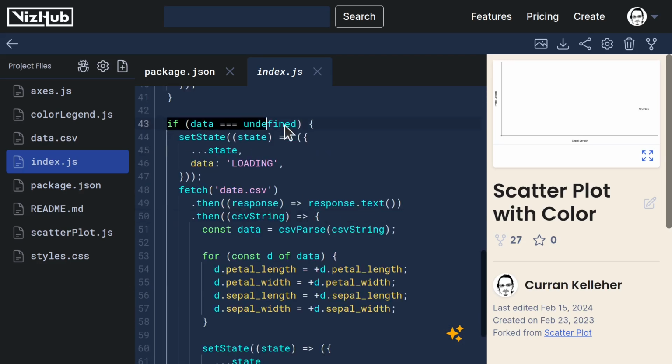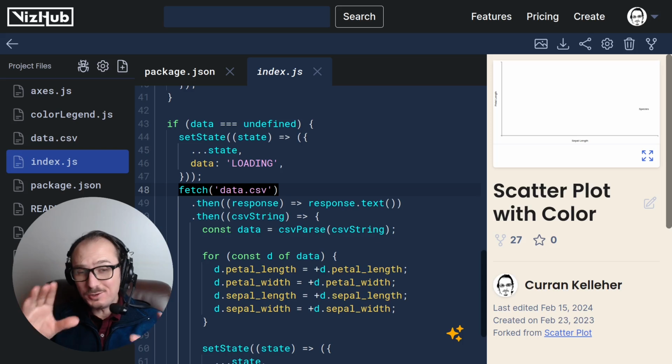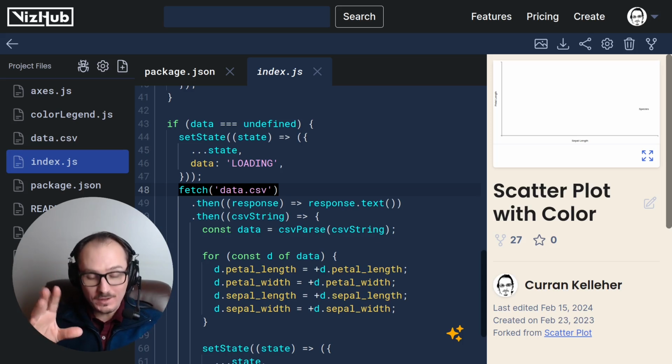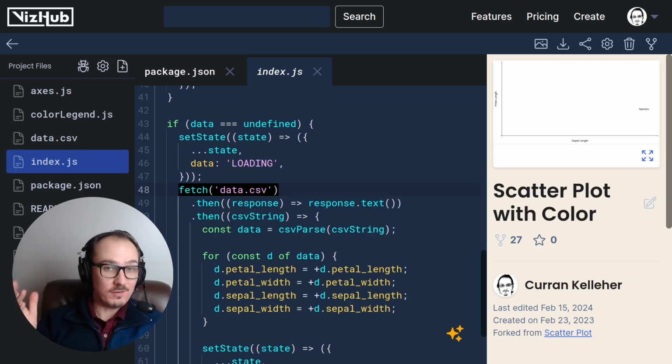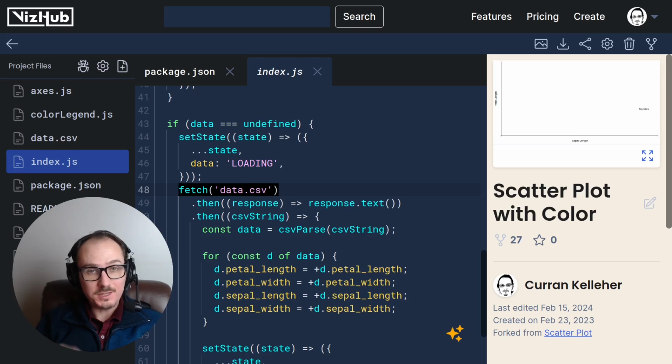Here's this logic that says if data is undefined, then we set the data to be loading, and then we trigger a fetch. And by the way, this is still a totally valid pattern if you have externally hosted data or data coming from an API. But if we're in VizHub, we can use import from